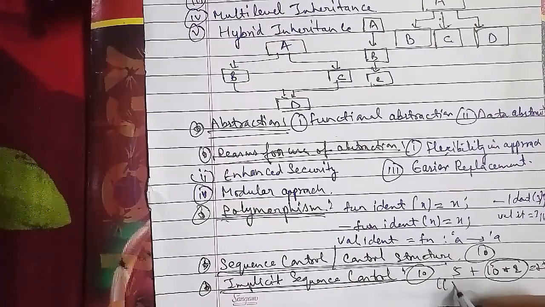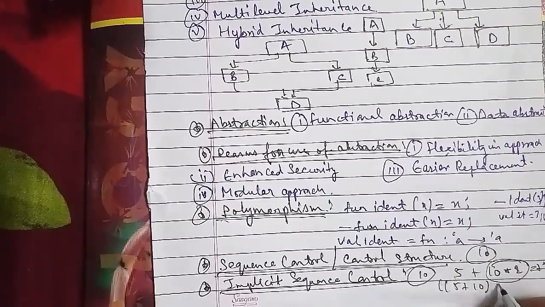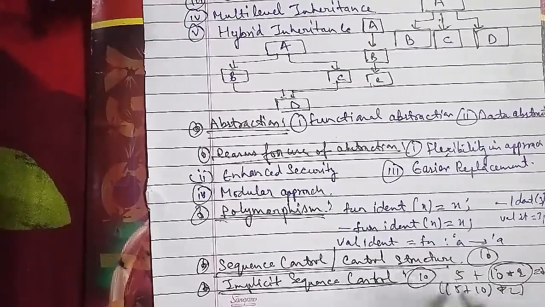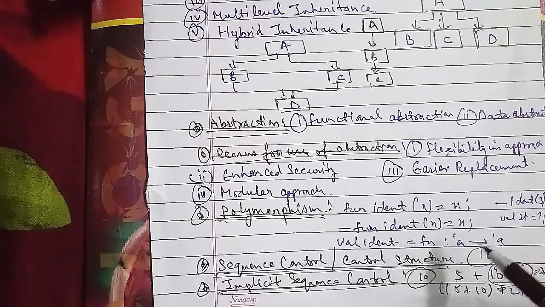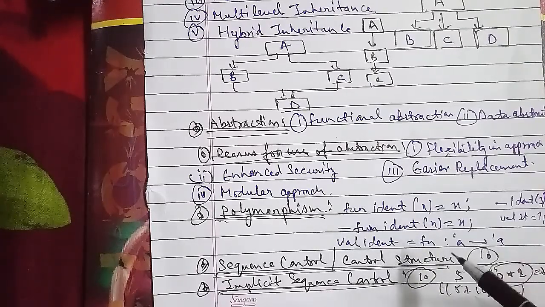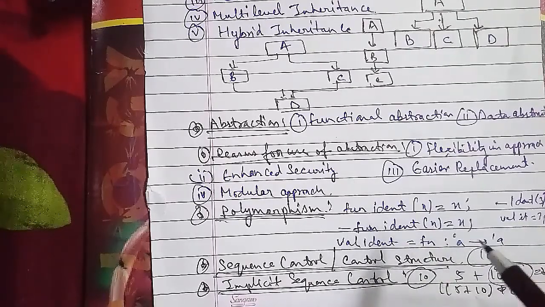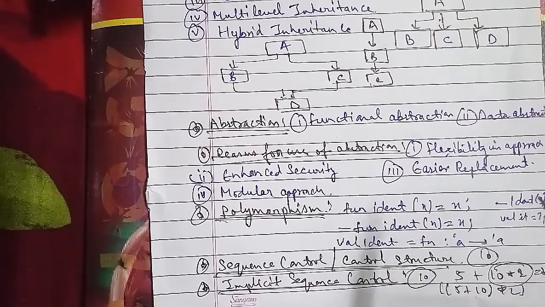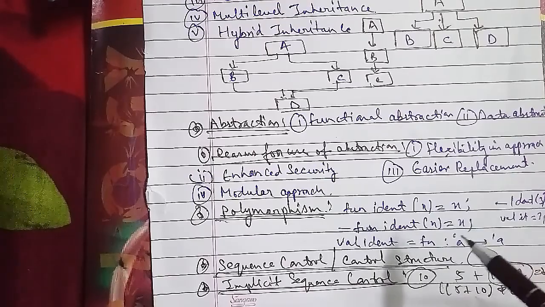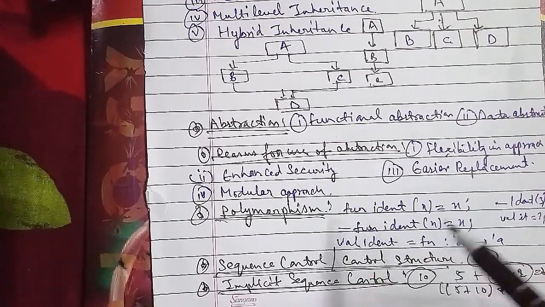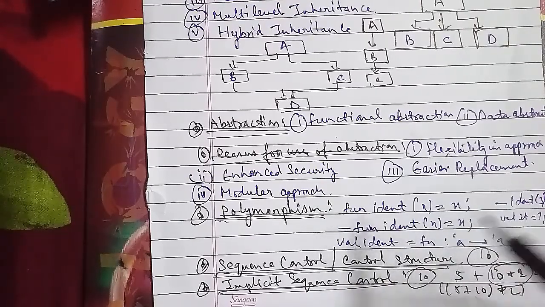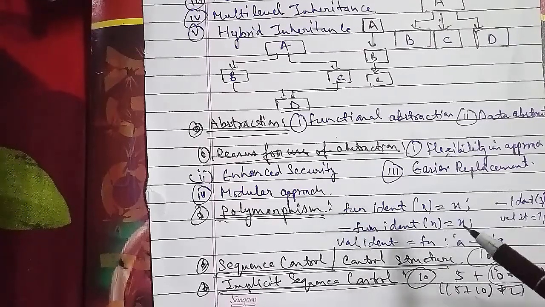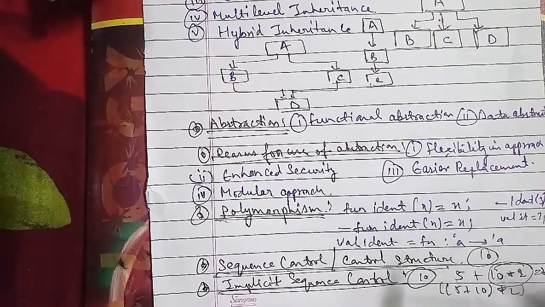Let's go ahead with the further one, and discuss what we mean by explicit sequence control, even though we had discussed the implicit sequence control. So now we'll discuss explicit sequence control. In terms of explicit sequence control, structures are those that the programmers may optionally use to modify the implicit sequence of operation that is defined